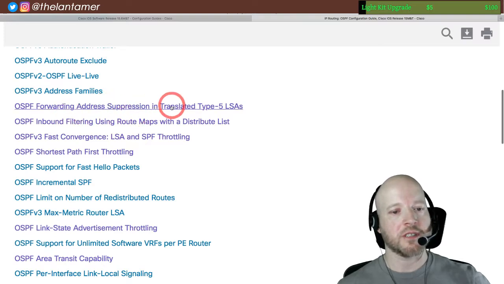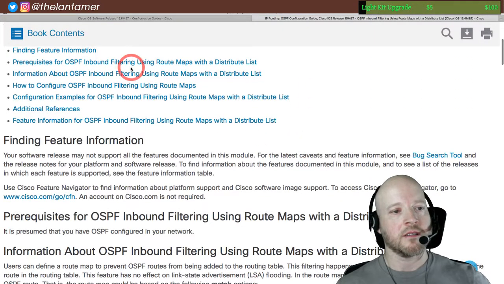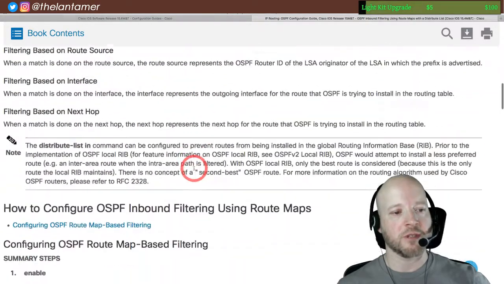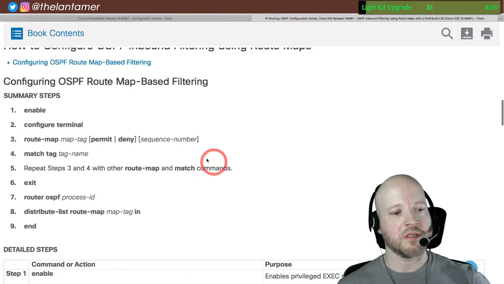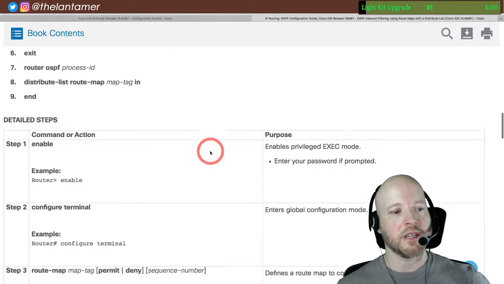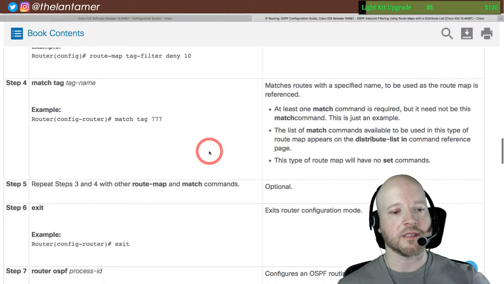Forwarding address suppression. Okay, inbound route filtering using route maps. This is good because this uses a distribute list feature, which we're used to with EIGRP and RIP, but the difference is, again, this is only, a lot of this is really influencing, it has nothing to do with LSAs,